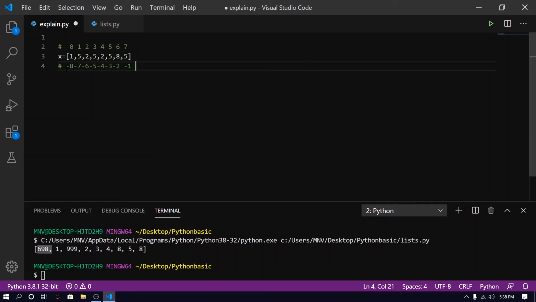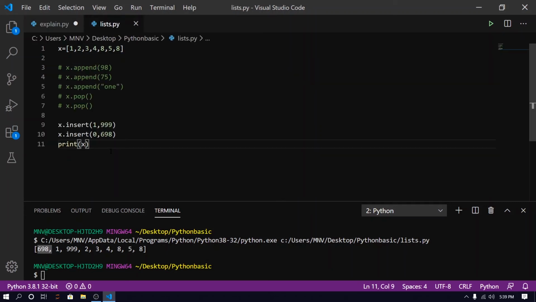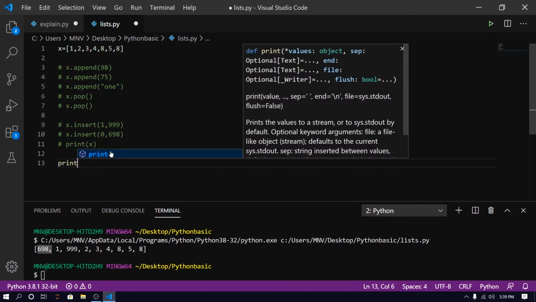If we see in a reverse manner, what is the last index? You can see that if we count, our last index is -1. I am going to print this. Now I want to print my -1 index.